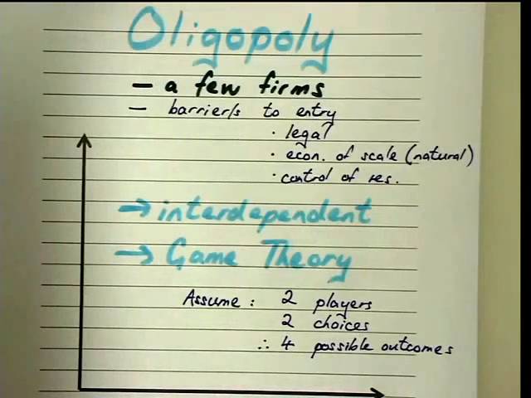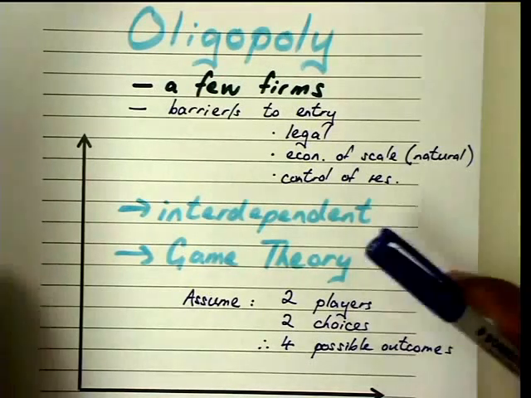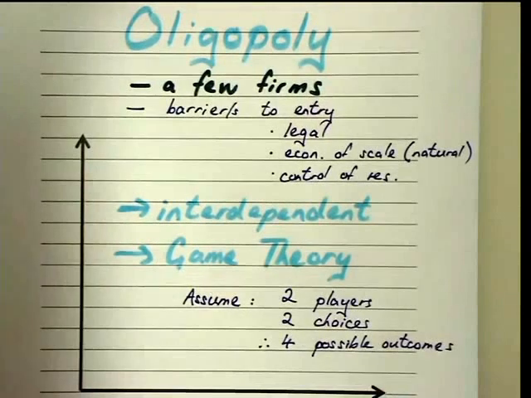Because there are just two firms and just two choices per firm, we have four possible outcomes. That's just for our purposes with first year micro. But you can do it with three firms and three choices, or four firms and three choices, or